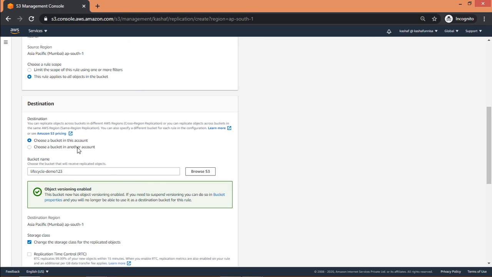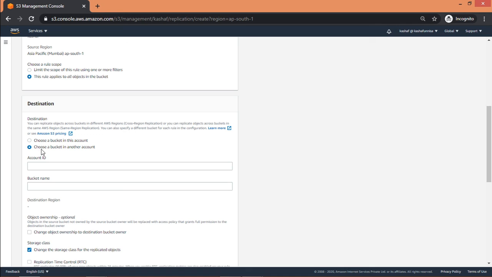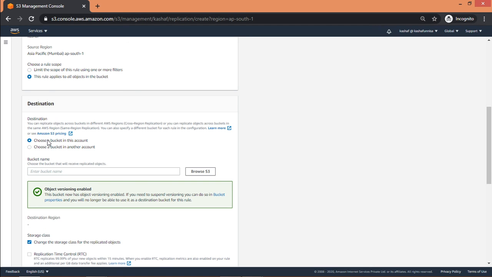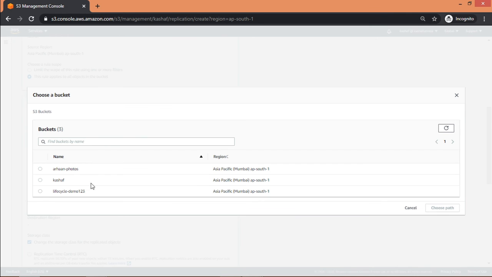If you want to replicate your objects in a different account, you can put the account ID and bucket name here. For this demo purpose I am going to use the same account, and as we already selected, this is my destination bucket.